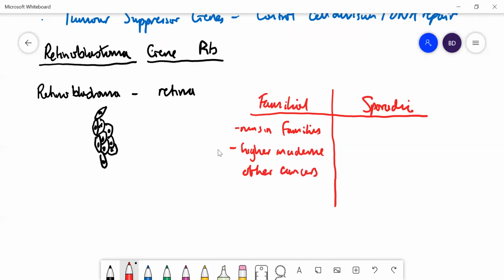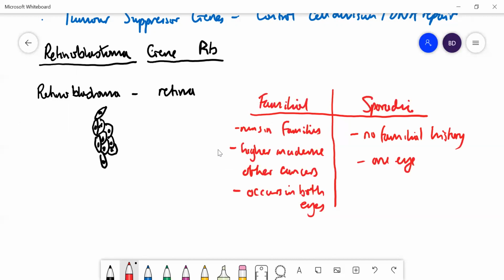And quite often it occurs in both eyes. So tumors appear in both eyes, around the same time. Whereas in the sporadic version, there's no pattern of inheritance in the family, no familial history of it. It's usually one eye only,